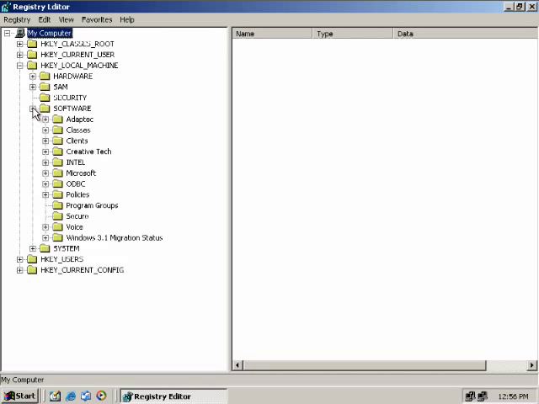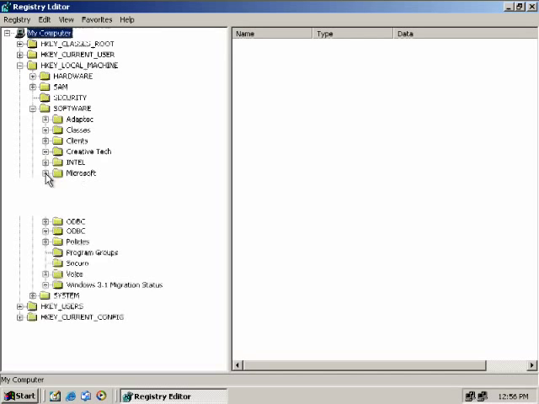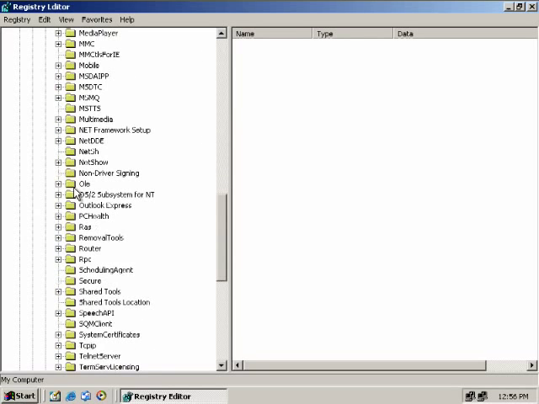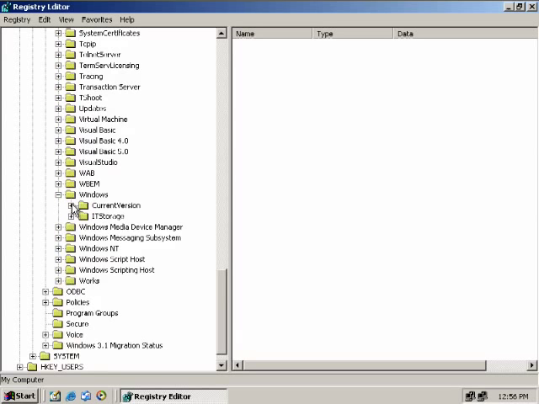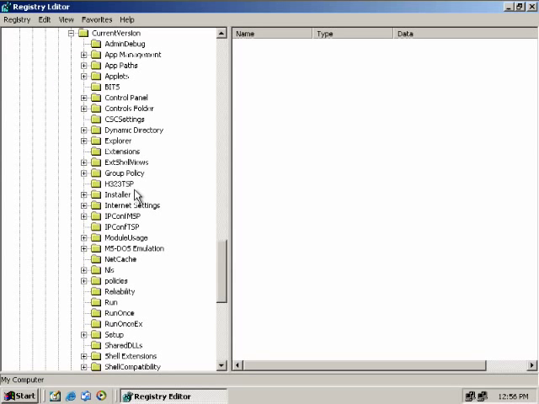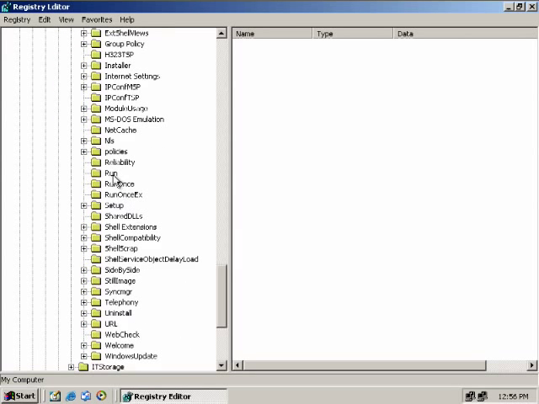For instance, under software, there is a Microsoft key. Under Microsoft, of course, what kind of Microsoft would you expect? How about Windows? Windows current version. Under here, you will tend to see Run and RunOnce keys. RunOnce is if you were to reboot, whatever you saw under here, default doesn't count. Whatever you saw under here on the